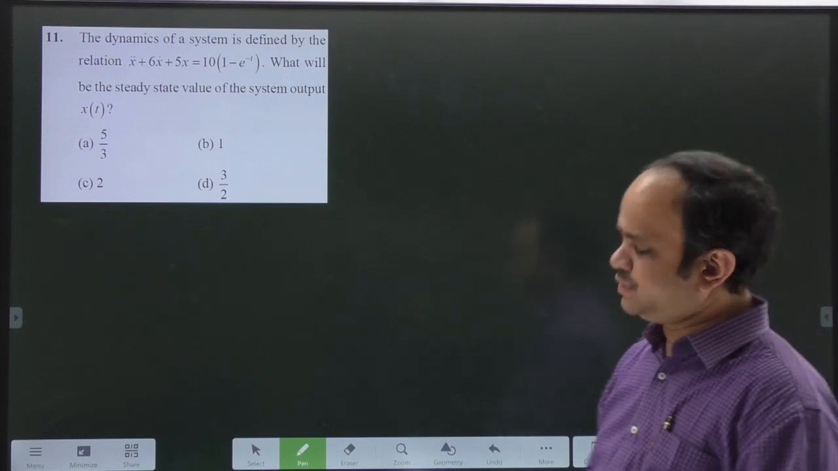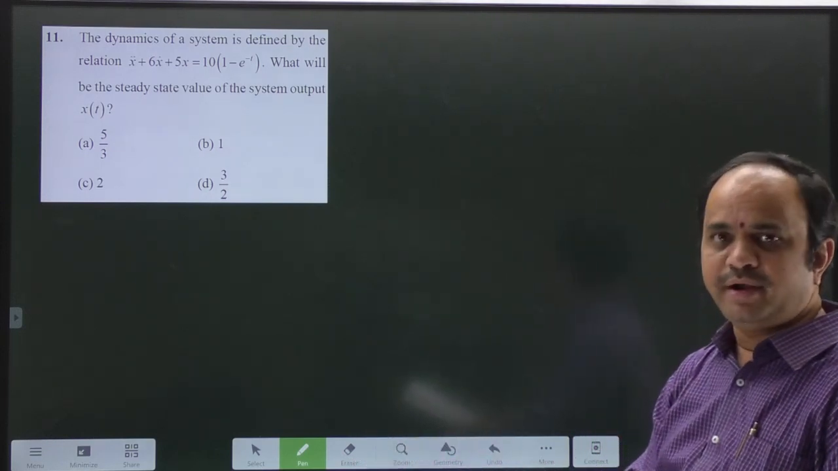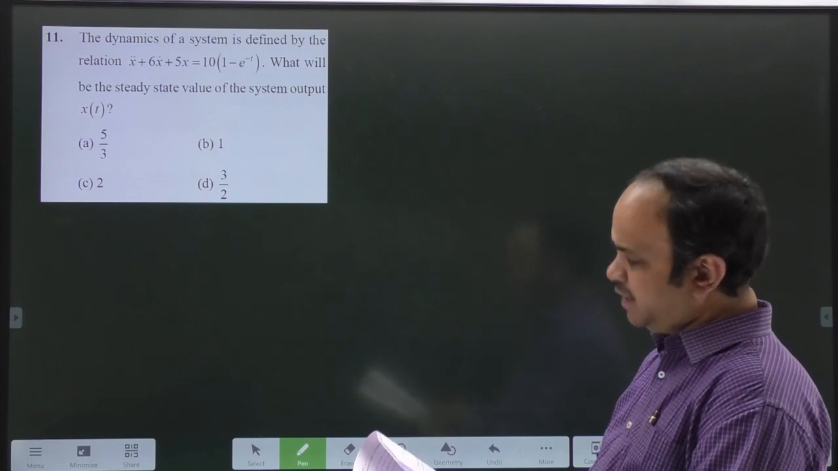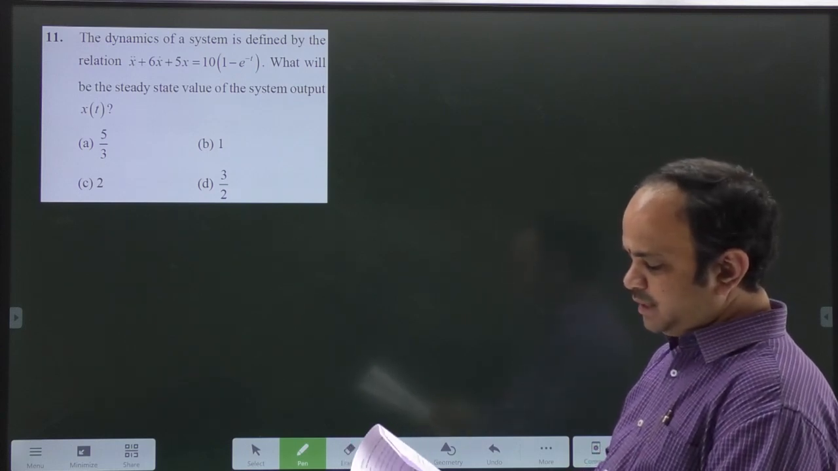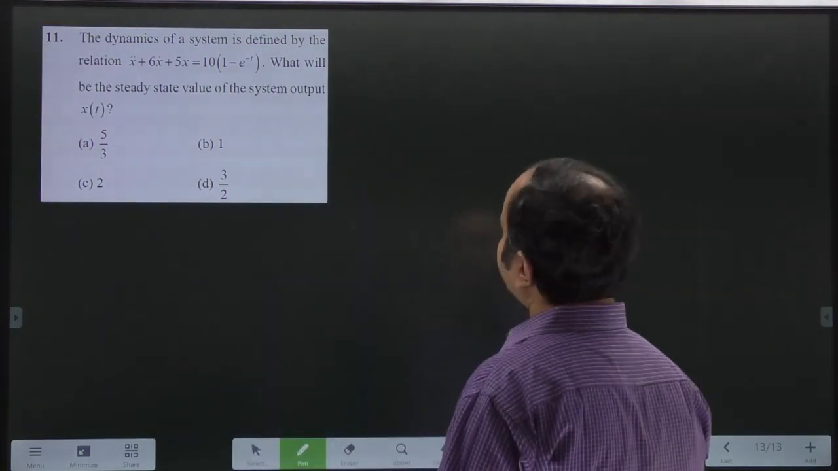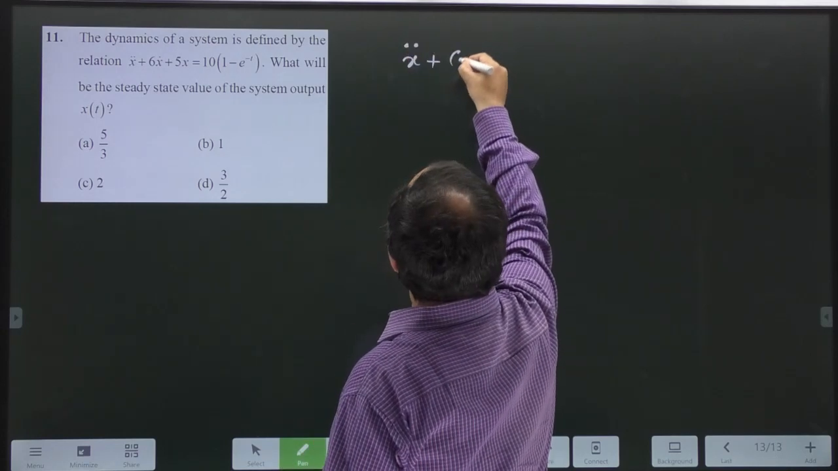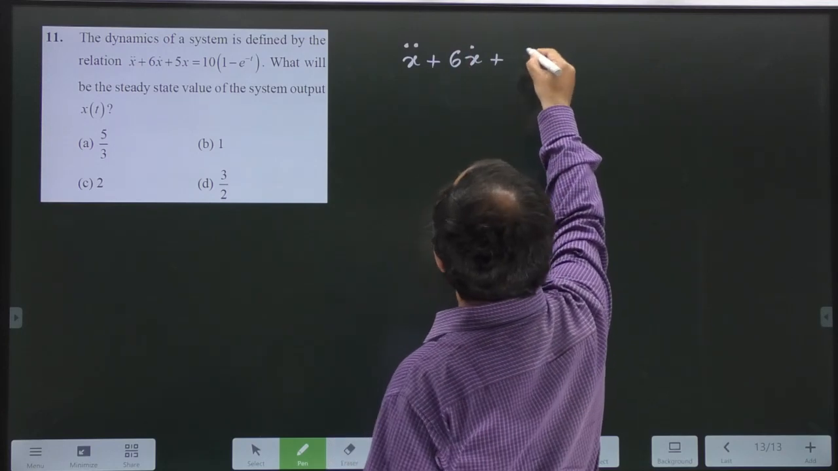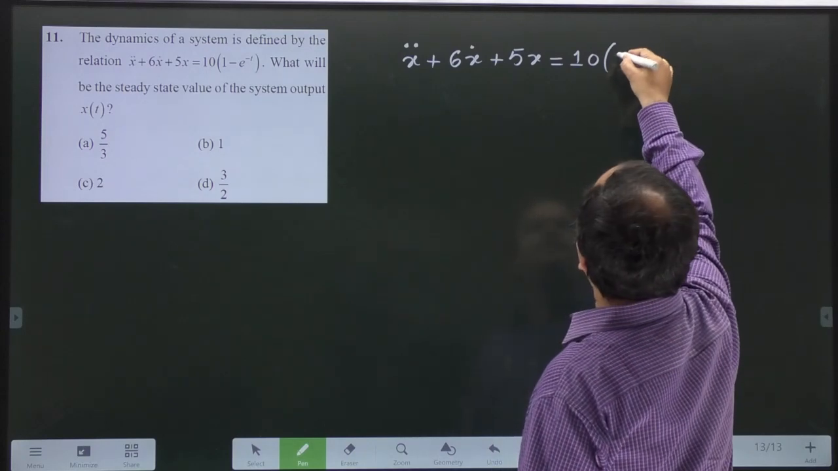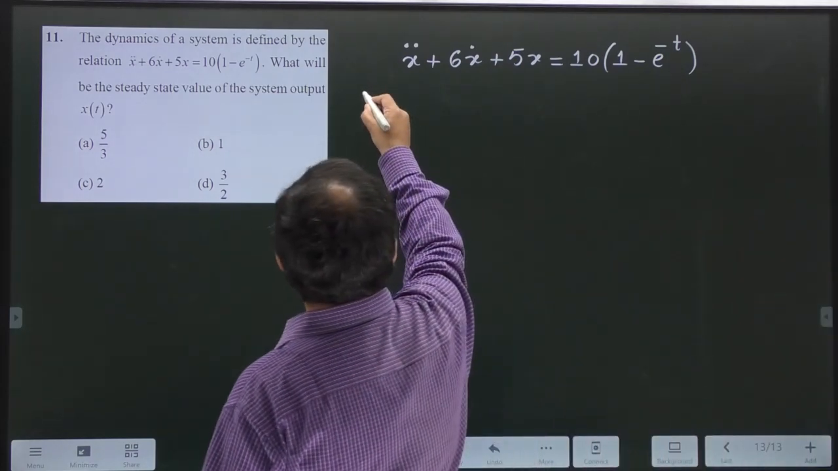Now let us look into the next question. The dynamics of a system is defined by the relation x double dot, that means second derivative of x, plus 6x dot, that is the first derivative of x, plus 5x is equal to 10 multiplied with 1 minus e power minus t. What will be the steady state value of the system output x of t? Okay. Now first let me write down the given differential equation: x double dot plus 6 into x dot plus 5x is equal to 10 multiplied with 1 minus e power minus t. Now apply